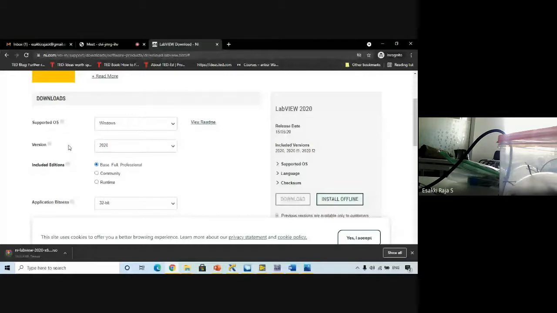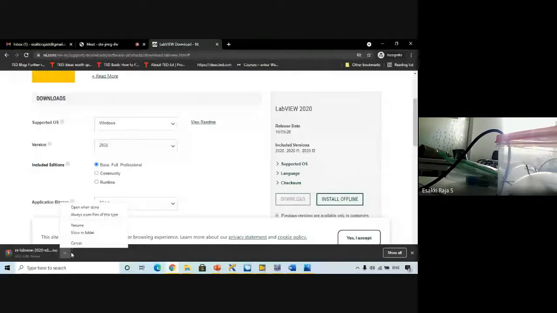The link which I am sharing now is the professional edition. To make use of this software, you need to purchase it. But initially, you can use it for 14 days. Then you can extend it for another 45 days. Like this, you can use the software for 2 months without any license. If you want to download a free version, you have to download LabVIEW Community Edition. That one you have to download separately.